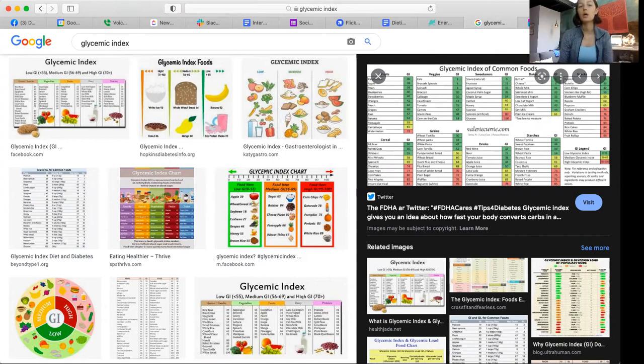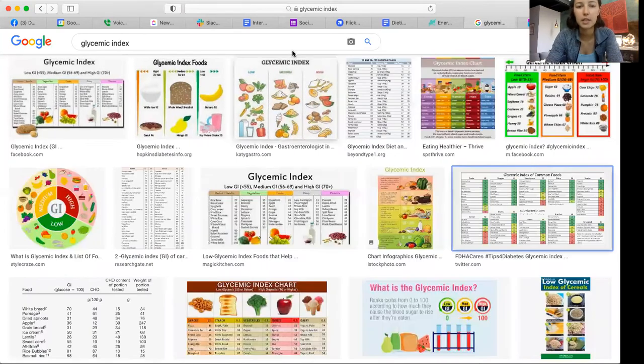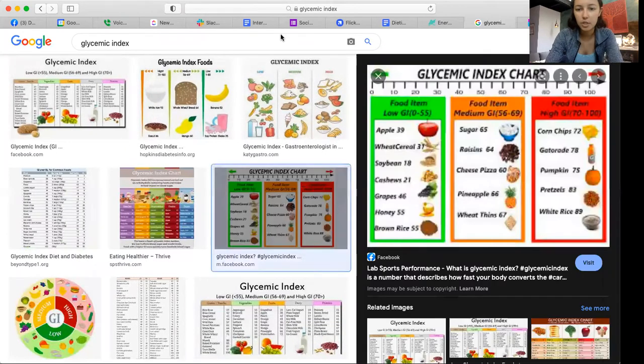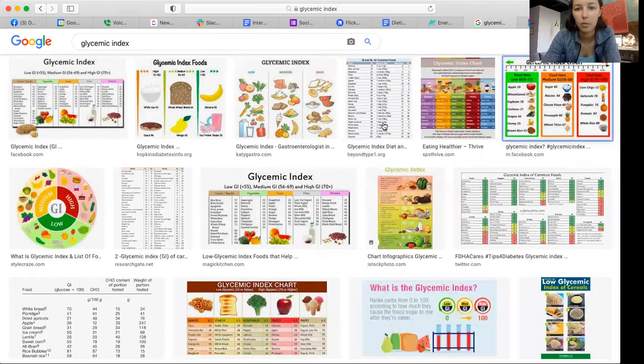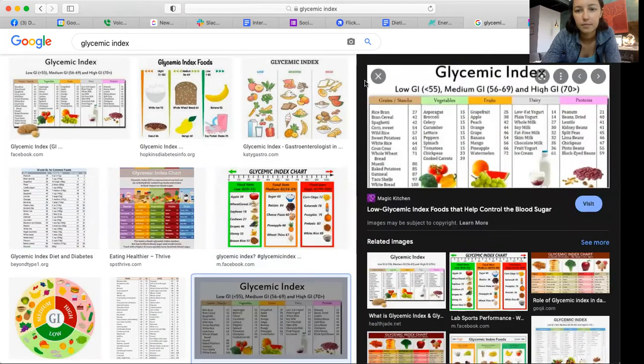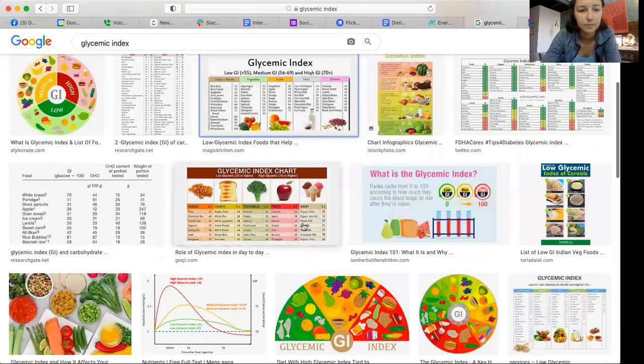Some people will not spike up in response to rice, some people will. So that's why glycemic index has lost a little bit of credibility, just because we've realized there's a lot of individuality when it comes to blood sugar response. But I think it's still, just as a reference point, a really helpful tool to understand. I'm trying to find a good picture to show what it generally looks like. It's not great. Let me see.